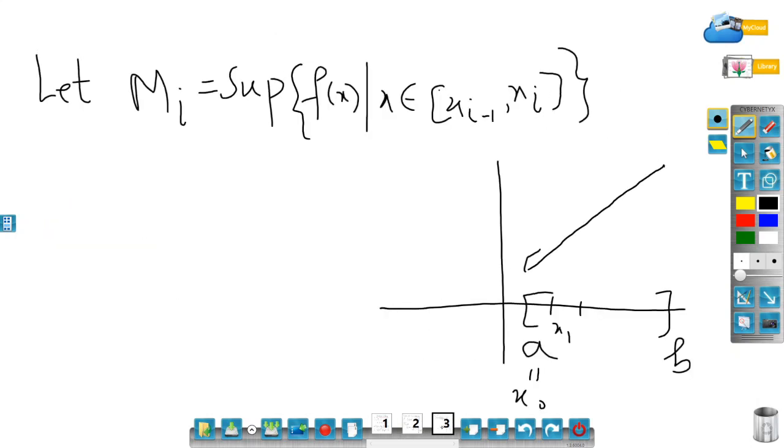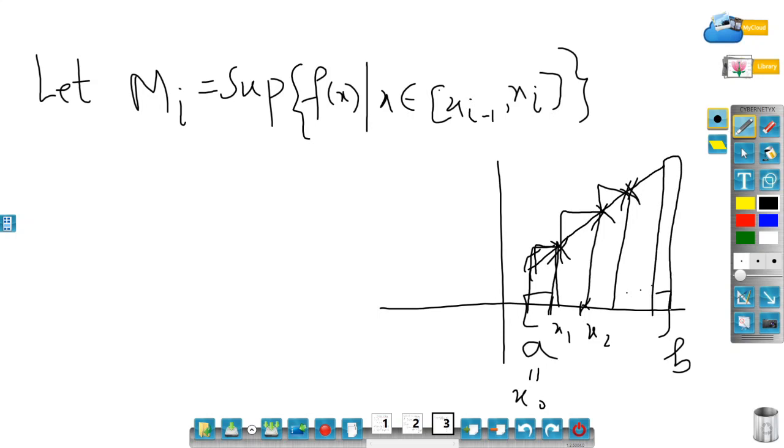So this is my x1, this is my x2. Now you can see that if I form a rectangle and if I want to find out the upper sum, the supremum, then since the function is increasing, the maximum value occurs at the endpoint. So it will occur at x2. Similarly, it will occur at x1, and so on. So it will occur at x3, and so on. For the last rectangle, it will occur at